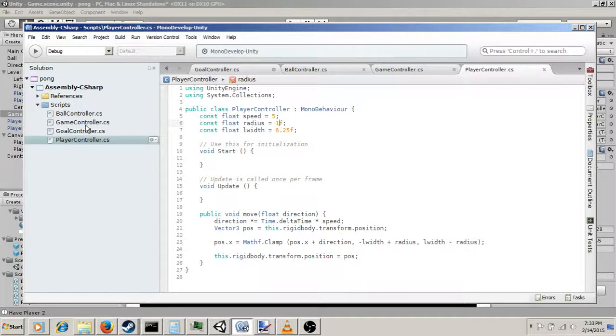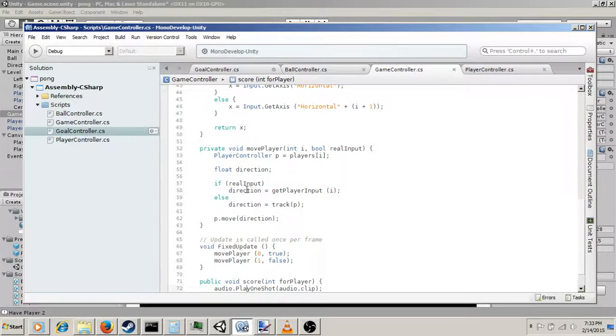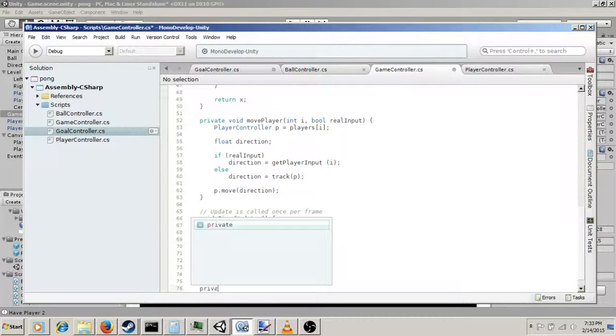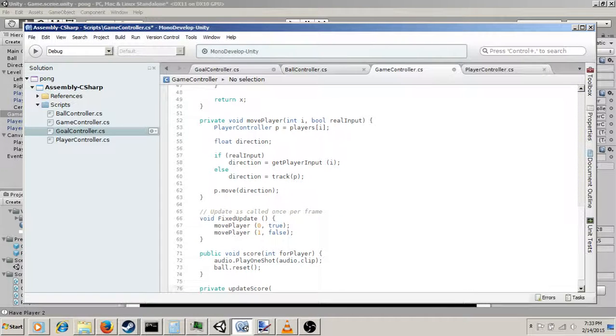If we go to our game controller here, we will create a function called private update score. And this will be